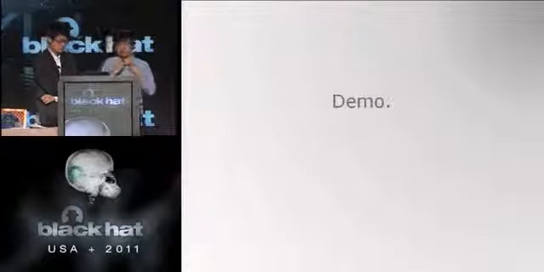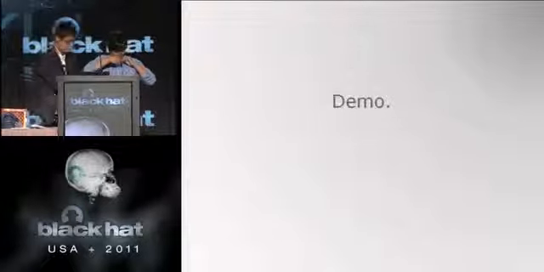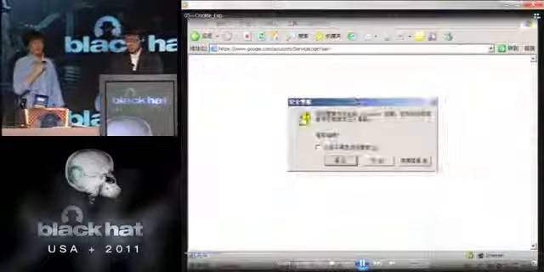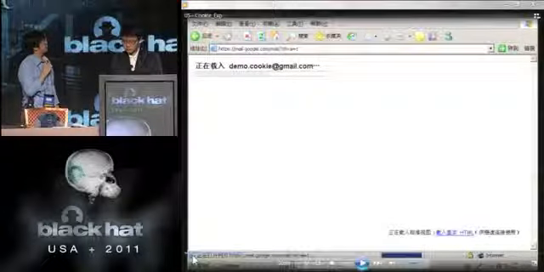Okay, let's see a demonstration. This problem is still a 0-day, so it could be used in an attack.